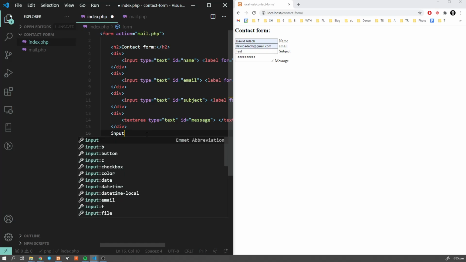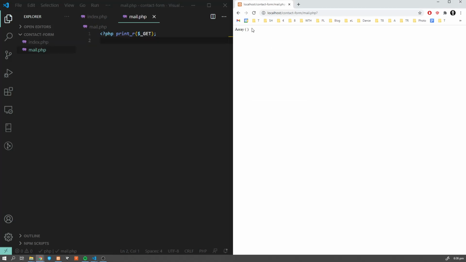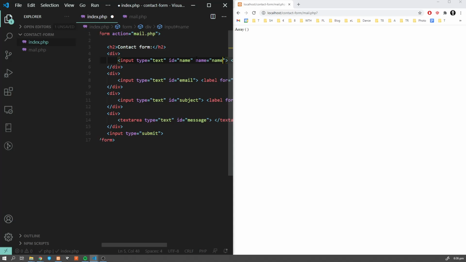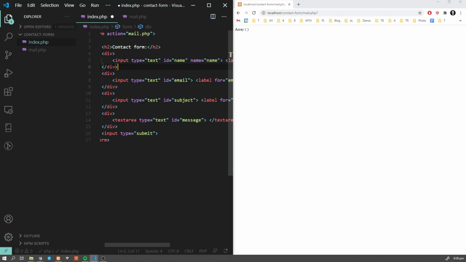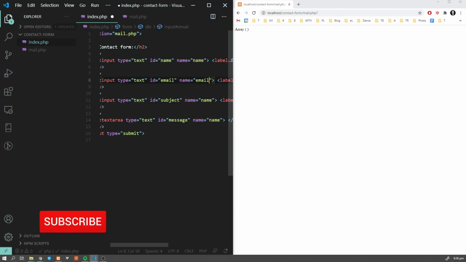We need an input of type submit. Now let's test it. As you can see, our array is empty, and this is because we are missing the name attribute here. So let me quickly add these missing attributes. As you can see, we used ID, but it's used for JavaScript, and we need name for our forms.